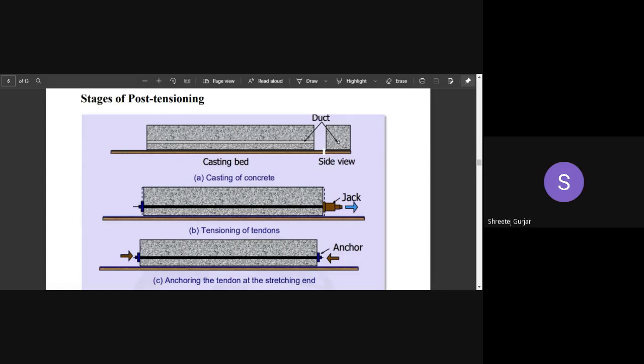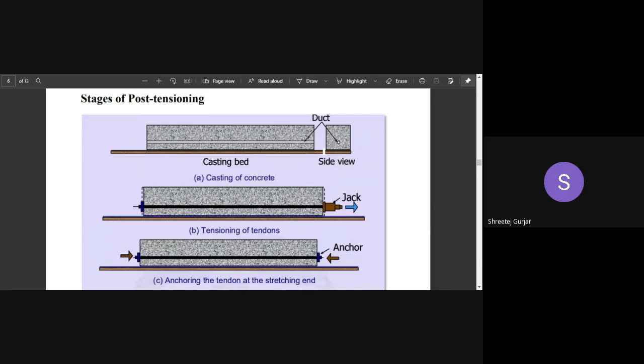And in pre-tensioning, what was the case? In pre-tensioning, we tension the steel before the concrete is placed. We tension the steel and then pour the concrete. Under post-tensioning, we tension the steel after the concrete has hardened. You can see there is a horizontal duct placed in the first figure. The duct can be horizontal, and we can have many profiles for the duct because it is placed before the concrete is poured in the formwork. So the duct can have various profiles as per your BMD, as per your loading.